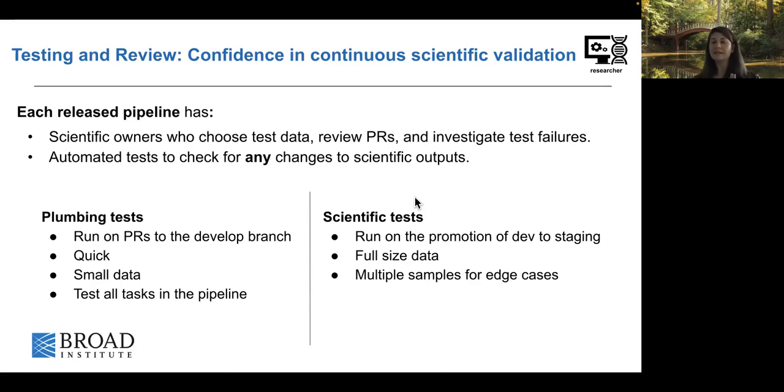So these are going to be tests that run on full-size scientific data, and the data sets that we choose are designed to capture different edge cases that a pipeline might use. And so one example of an edge case, we have single-cell RNA sequencing pipelines that can run on both single-cell mode or single nucleus mode. So when we run scientific tests, we use data sets that can capture the nuances of both those data types